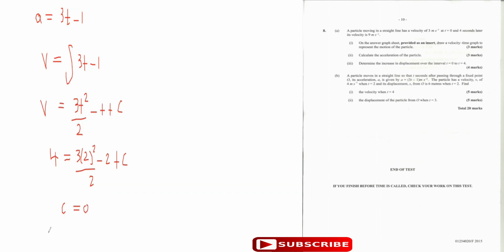Since c is 0, that means we can write that our velocity v is just 3t squared over 2 minus t. This is the velocity, 3t squared over 2 minus t. That's the velocity. Nice and easy. Now I want the velocity when t is 4. So when t is 4,